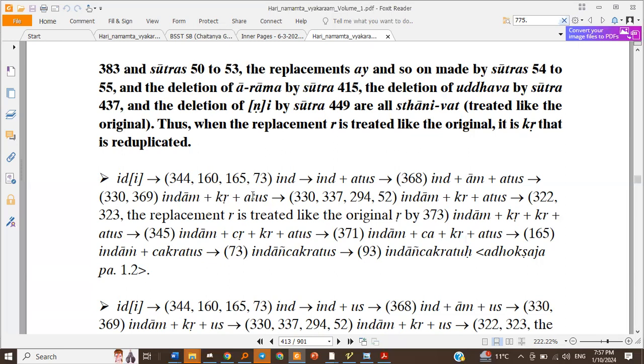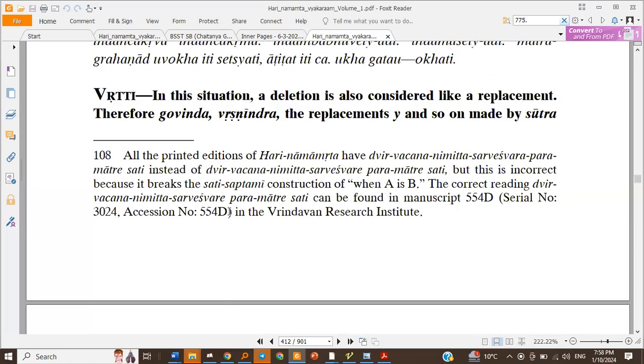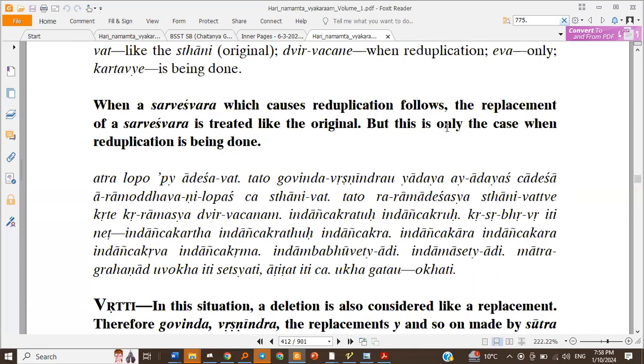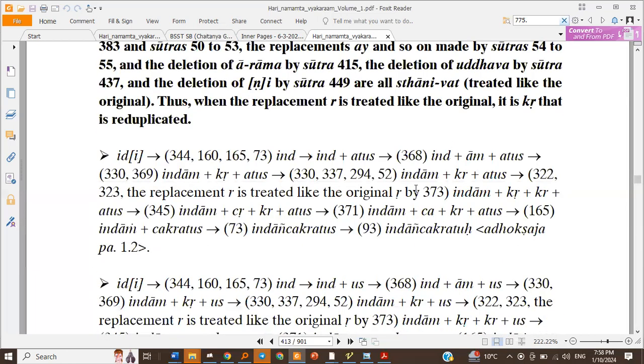this Atus is the Pratyaya which begins with the Sarveshwara, and it's the cause of reduplication. So Virvachana Nimitta Sarveshwara Paramatre. Atus is a pratyaya which begins with Sarveshwara and which is following. In such case, we don't do the reduplication first. We first apply the operations which are to be applied for the Sarveshwara of the dhatu. So Ridvam Rah is applied,